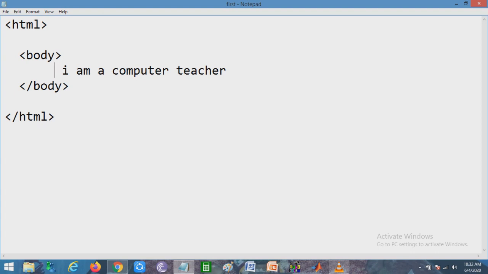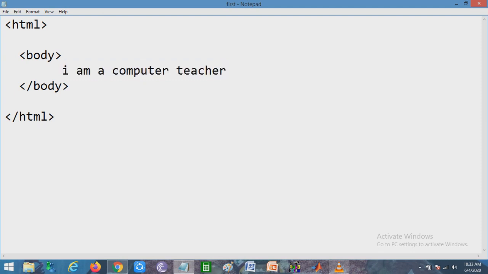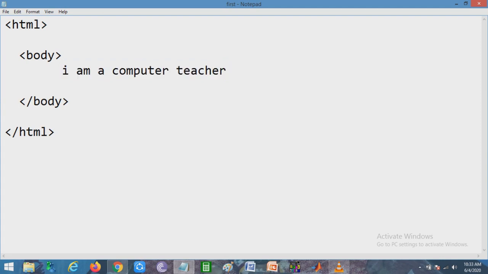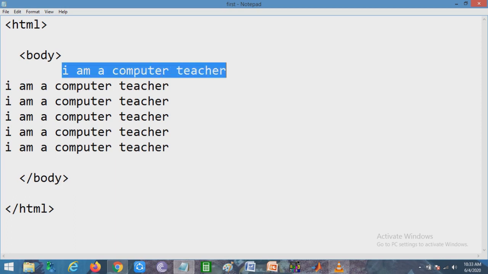So I am writing HTML and then inside the body I have already mentioned I am a computer teacher. So I am copying this sentence, entering it and writing it again to show you all the H tags. I have copied this sentence and pasted it 5 times.